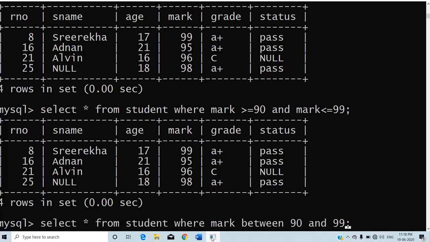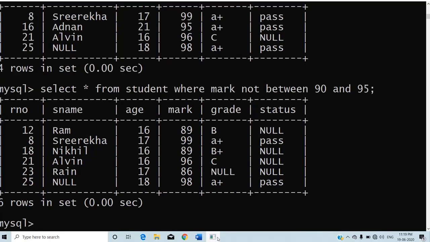So, not between 90 and 95. Before I press the enter key, just think about whether 90 and 95 are included here or not. They are not included. BETWEEN will include 90 and 95, so NOT BETWEEN will not include 90 and 95.